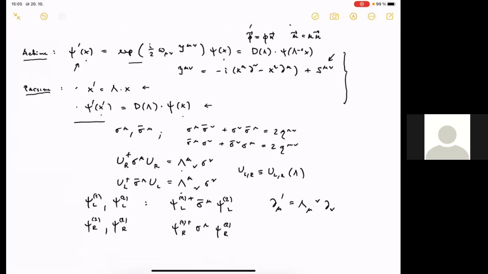We have also introduced some spin vectors, some 2x2 matrices, which obey such